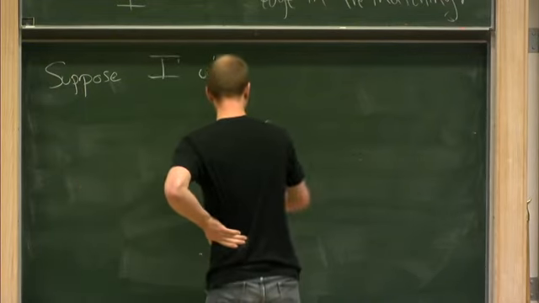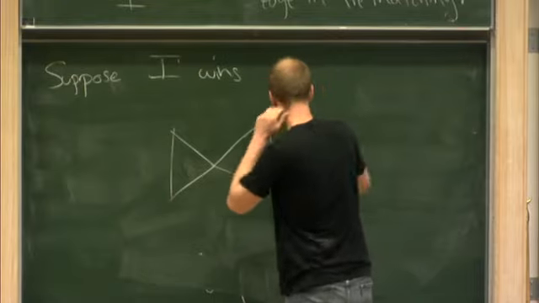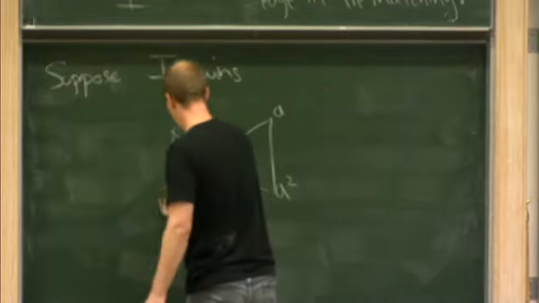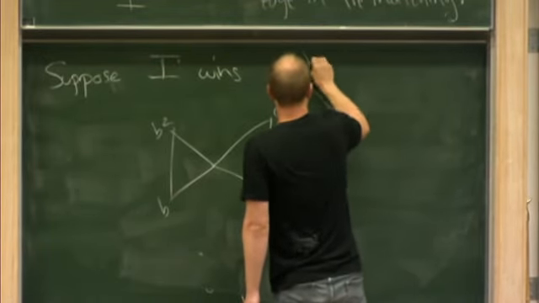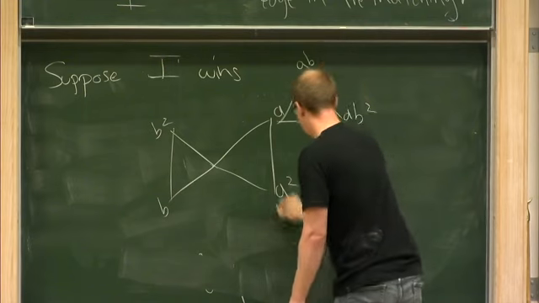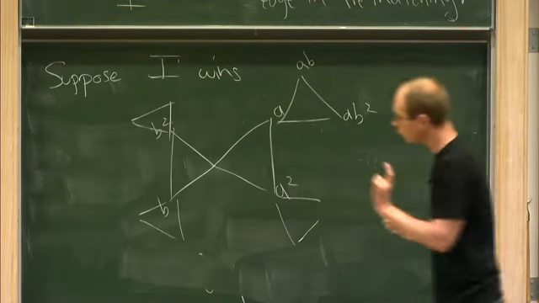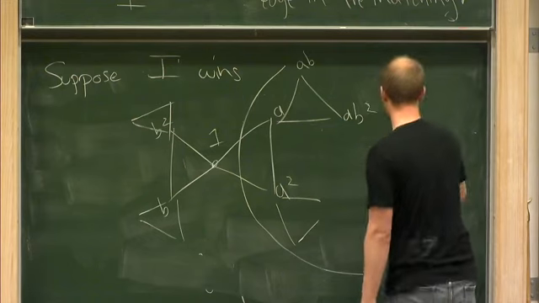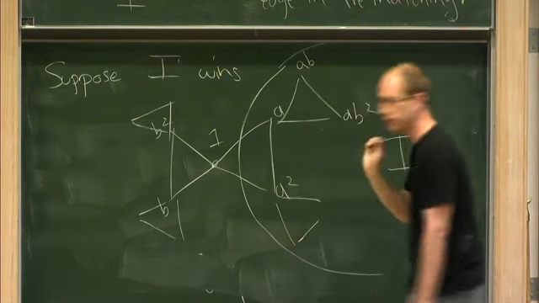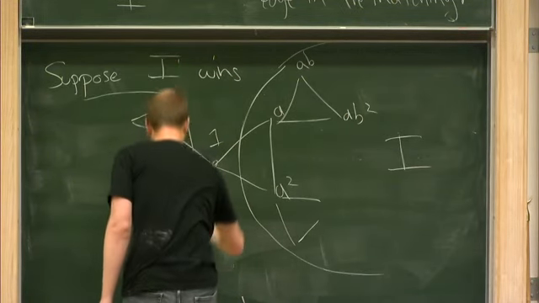So pictorially, once again, here's my Cayley graph. Here's a and a squared, and b squared, ab squared, etc. Pictorially, if this is the identity, player 1 decides what happens over here, right? Words beginning with powers of a. And player 2 decides what happens over here.